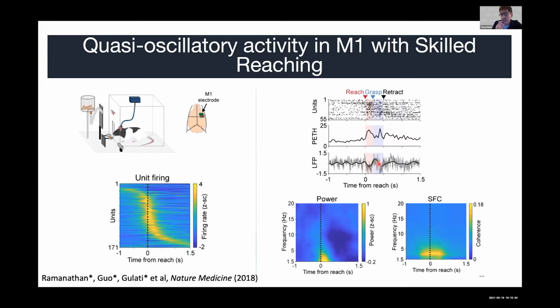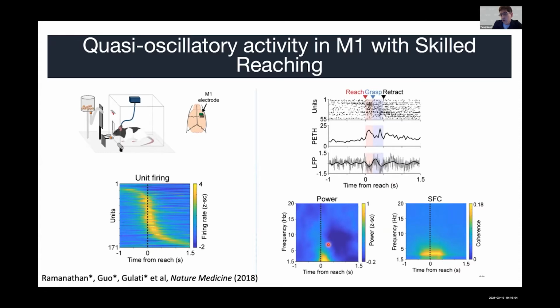And I want to mention here that even though this is one trial, we really see this activity emerge later in learning on day 5. This is not present on a time matched trial on day 1. And over here, you can see, this is another way of looking at it, the power spectrum from this LFP, all the LFP channels from all the animals. And we see that there is an increase in low frequency oscillatory activity from 1.5 to 4 hertz.